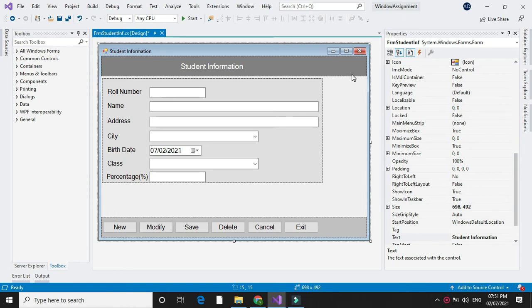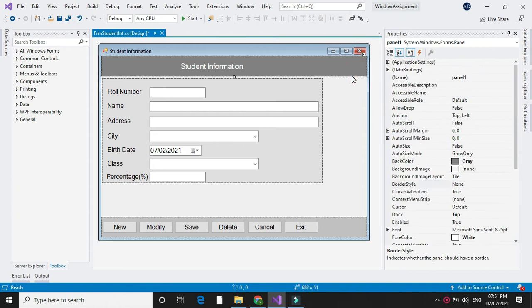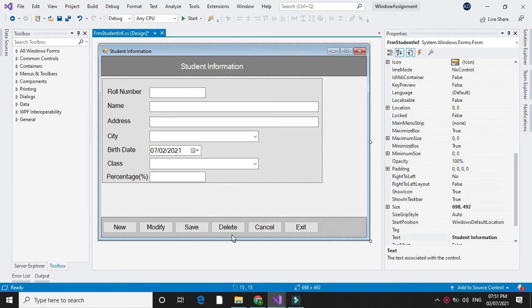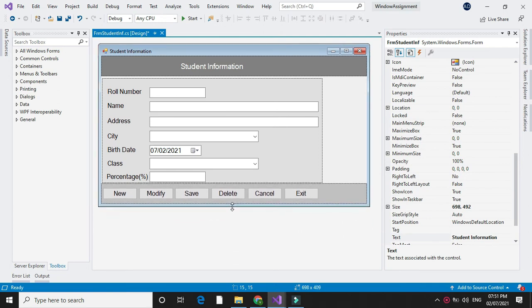I have set the dock property of panel 1 to Top and the dock property of panel 3 to Bottom, which is used to fix the position of the panels on the form.